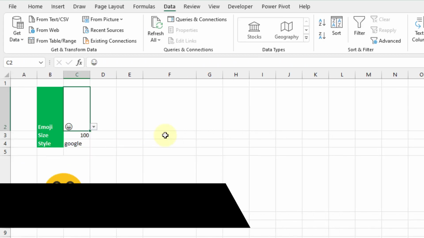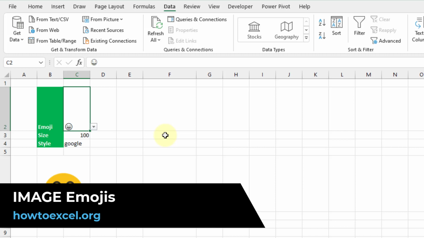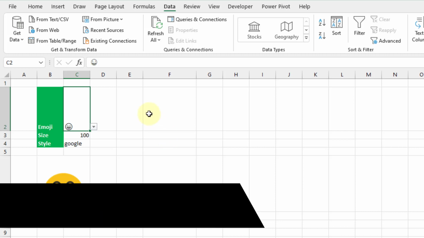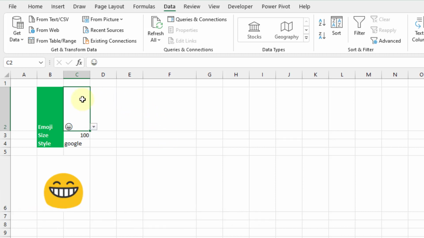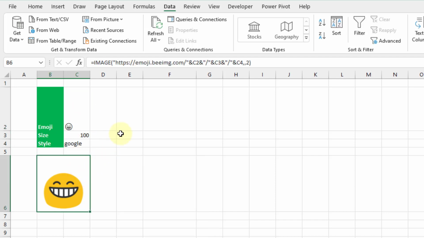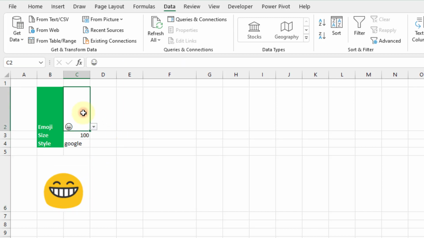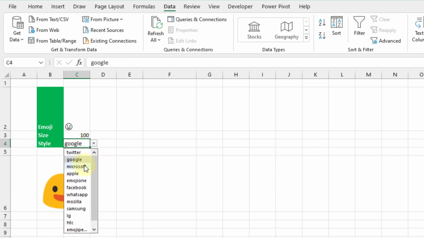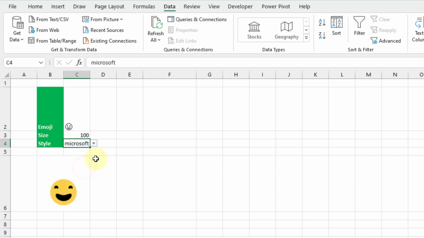In this example, I've got a web service that converts an emoji character into an image of the emoji character. So Excel Desktop doesn't really render emojis that nicely. So here we can see what an emoji looks like in Excel. And then here I'm using the image function to return that as an image. So let's change our emoji. And we can also change the style of emoji that it returns. So let's try Microsoft emoji